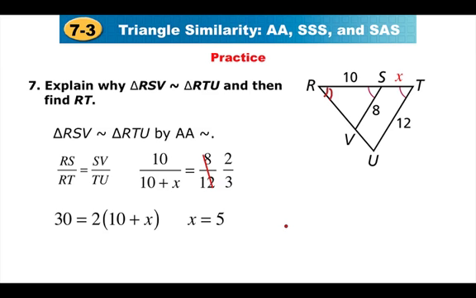And then at this point I'm not done. I still need to find RT. So RT is this. So RT is equal to 15. The last slide is just